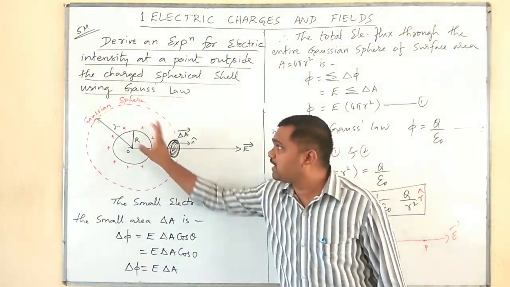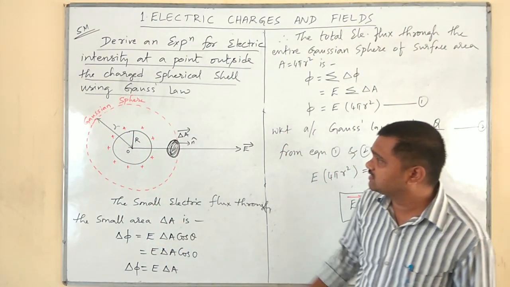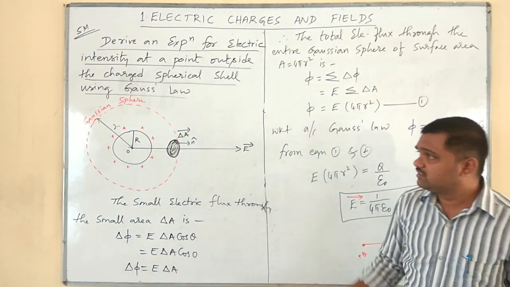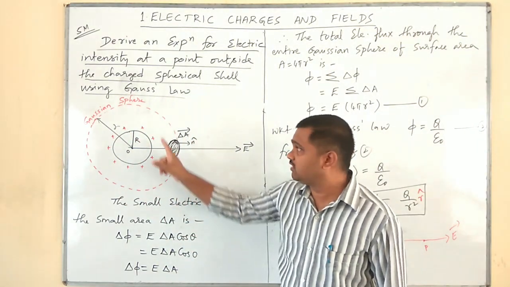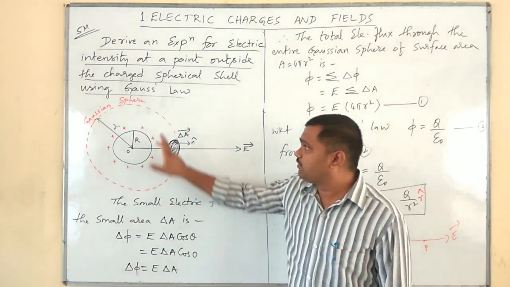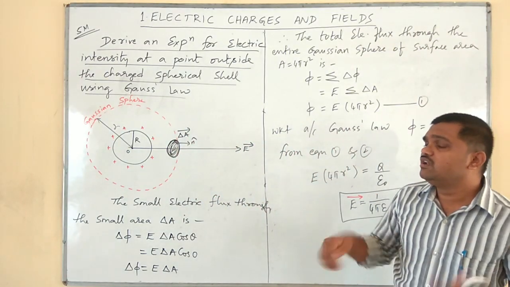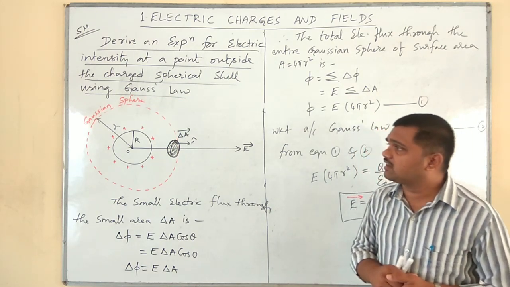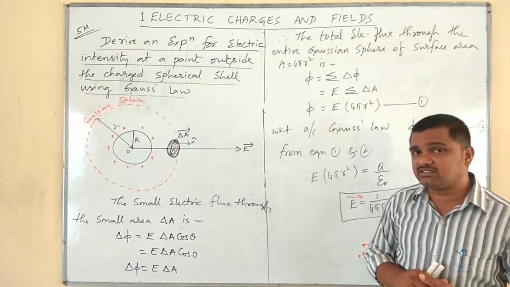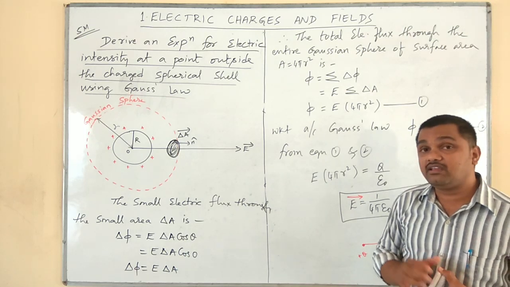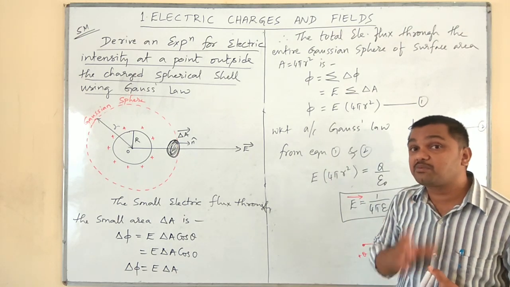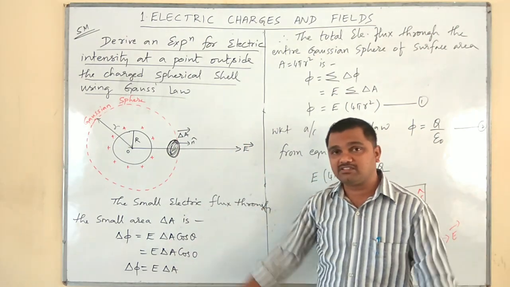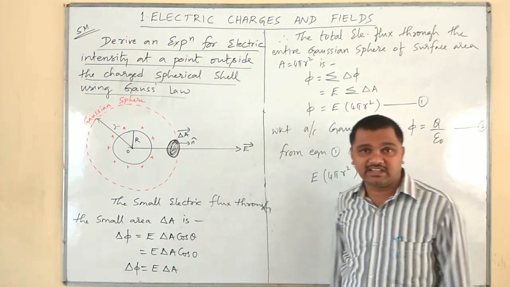I have considered positive charges on it. So next, I have imagined one Gaussian sphere, similar to the charge distribution. So this is the first rule I have followed. Second, in order to follow the second rule, that is calculation of total electrical flux through this entire Gaussian sphere, it is not possible to find the total electrical flux in all possible 3 dimensions simultaneously.